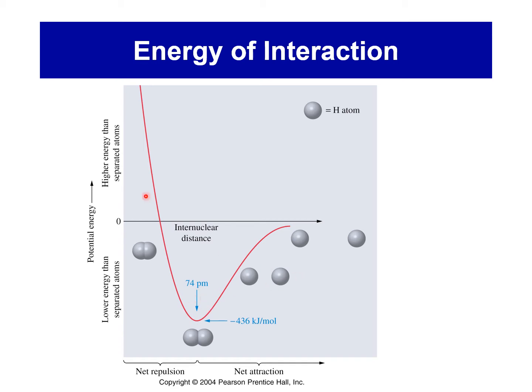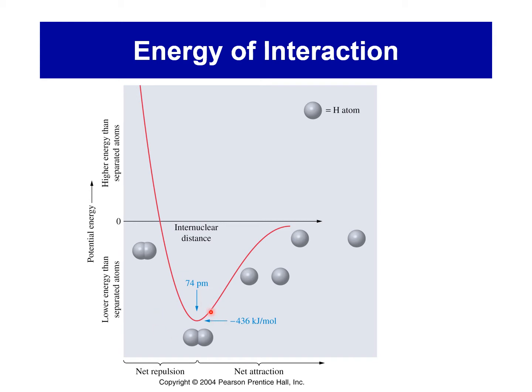So what's the idea here? Well, if atoms get really, really close together, they're going to have a net repulsion. Why? Because the nuclei are too close together, and so that repulsion is more important than any of the attractive forces. Obviously, if the atoms are really, really far apart, then the protons and electrons can't have any of those positive interactions. But somewhere in between, in the case of a hydrogen molecule, right around 74 picometer separation,